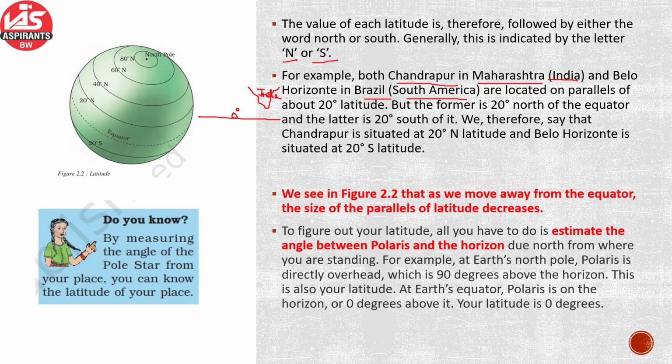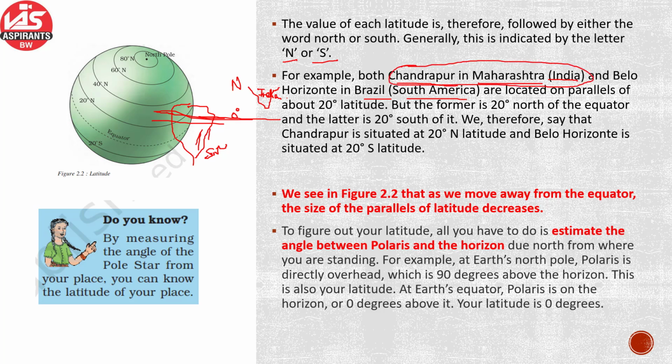और अगर हम साउथ अमेरिका की बात करते हैं, तो साउथ अमेरिका का कुछ हिस्सा इक्वेटर को पास करता है, बाकी इक्वेटर के नीचे आता है। So that means India नॉर्थ में होगा, साउथ अमेरिका का काफ़ी सारा पार्ट साउथ में होगा, पूरा नहीं, कुछ पार्ट नॉर्थ में भी होगा। सो यहाँ पे जो सिटीज़ की बात करी गई है, चंद्रपुर in Maharashtra, India,